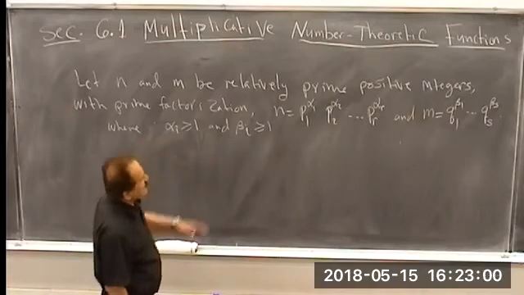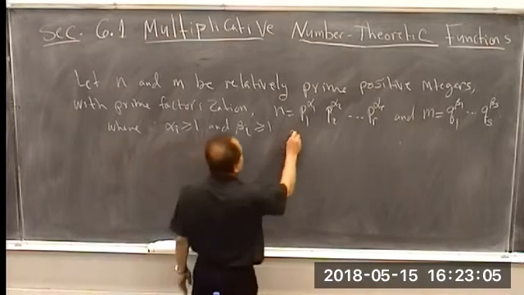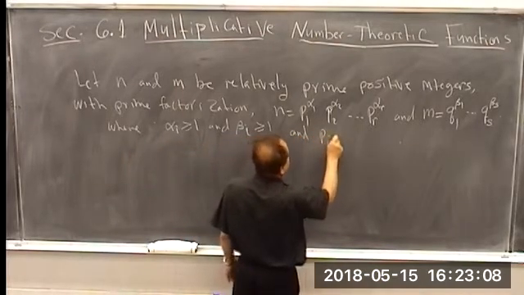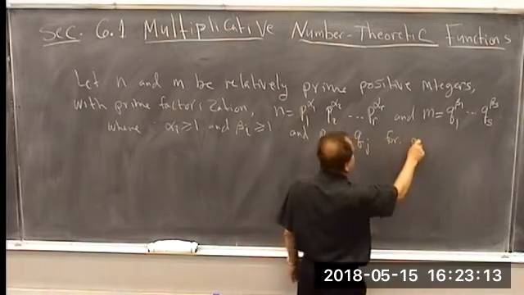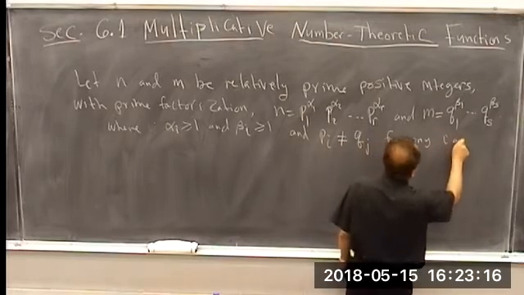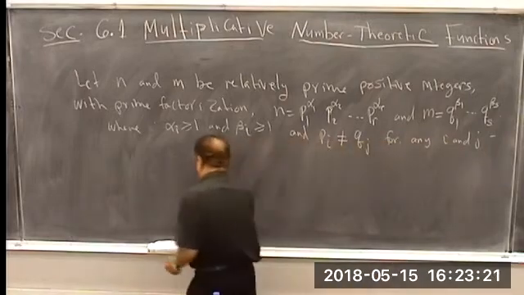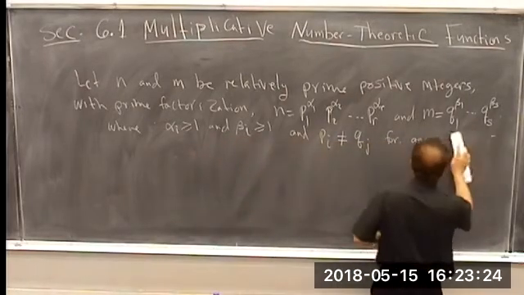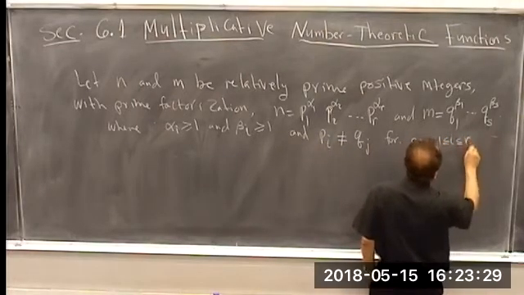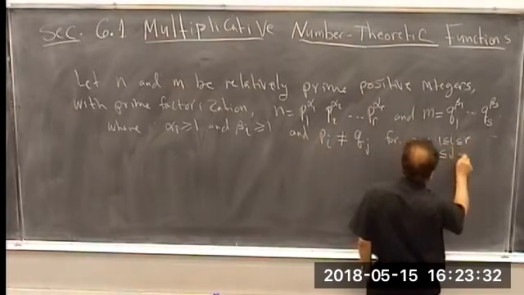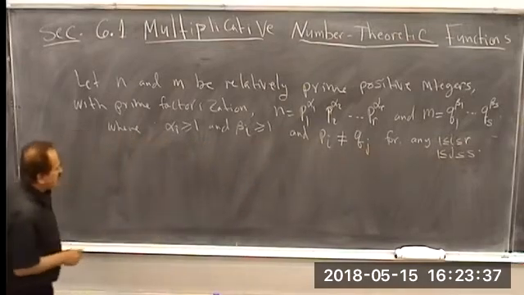But since these two positive integers are relatively prime, we have that pi does not equal qj for any i and j, where i is between 1 and r, and j is between 1 and s. Then if I look at tau